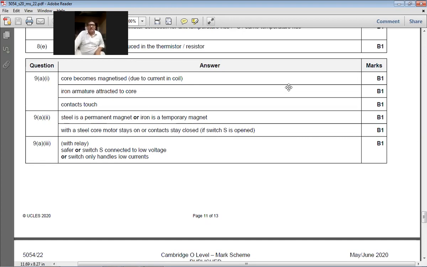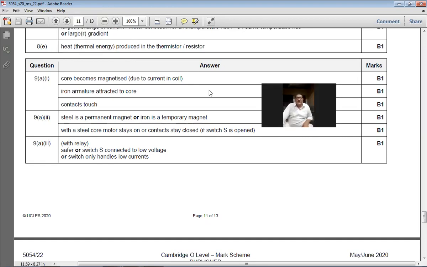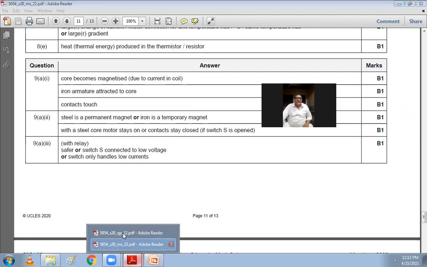Even if the switch S is opened, if the core of steel is used, the contacts will remain intact. They will stay in touch with each other. So this was question number 9A, second part. So let's start